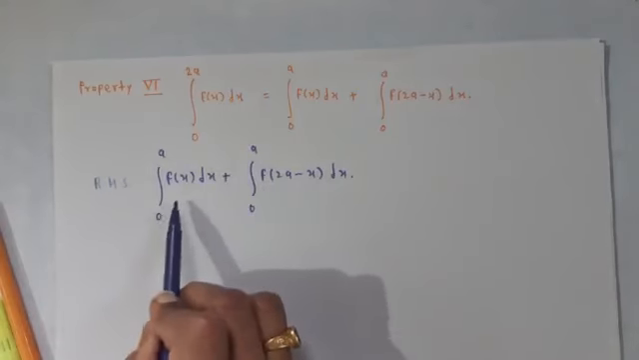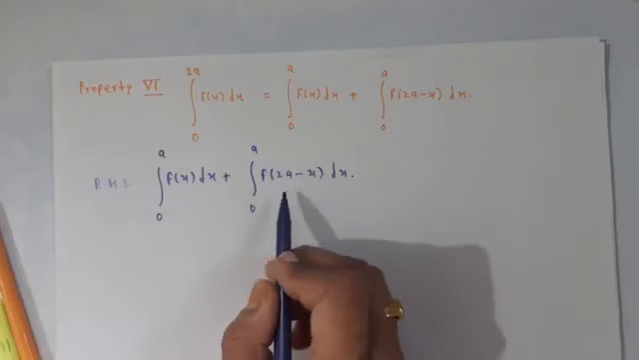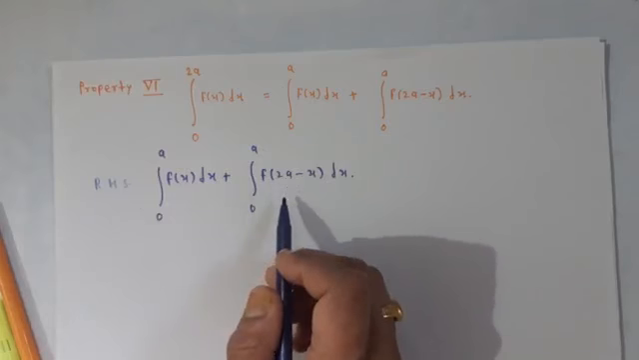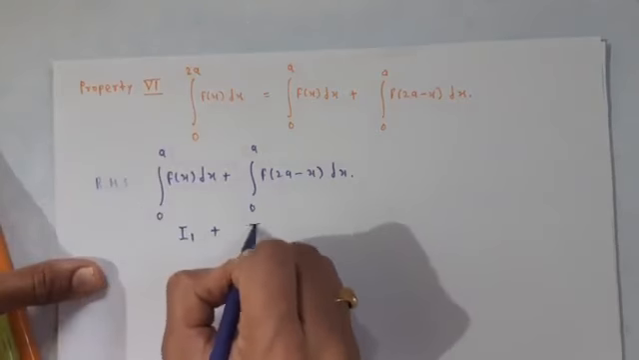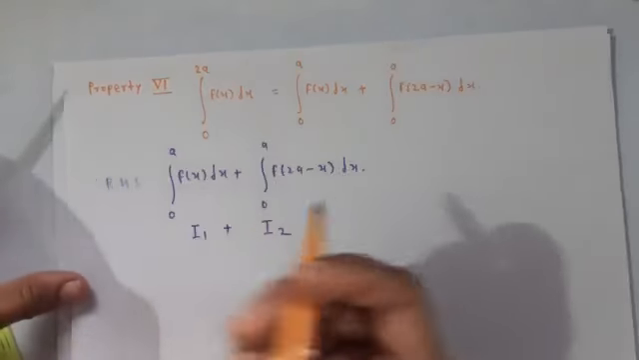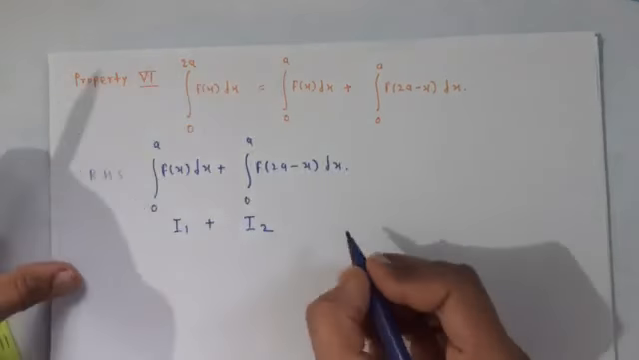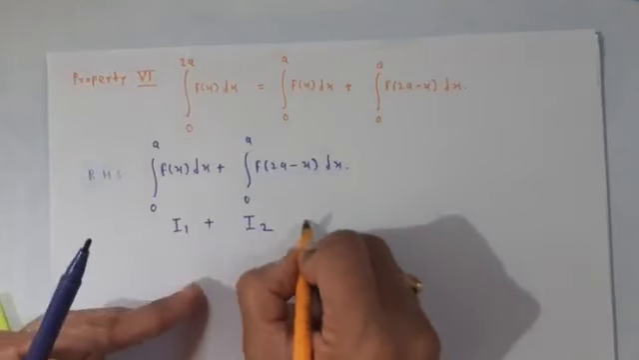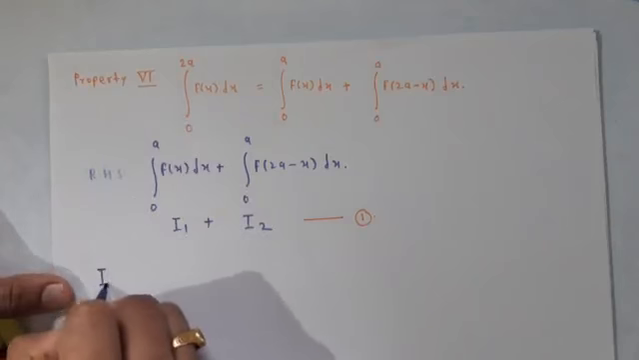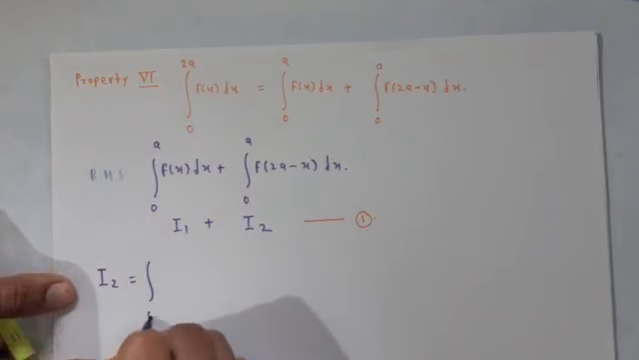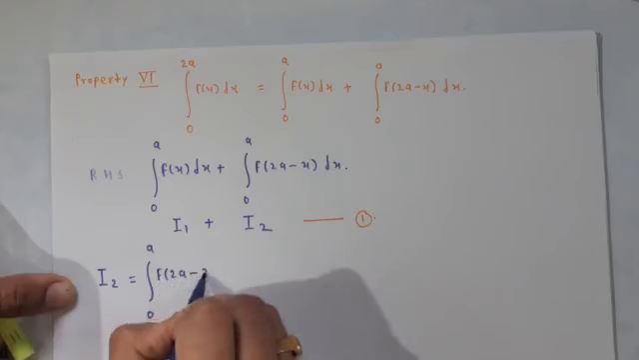Okay, so the first term, that is the first integration, is the simple term. But now let us solve the second term. Suppose this is the integration I1 plus integration I2. Suppose this is 1. Now let us consider integration I2 equal to the integration from 0 to a of f of 2a minus x